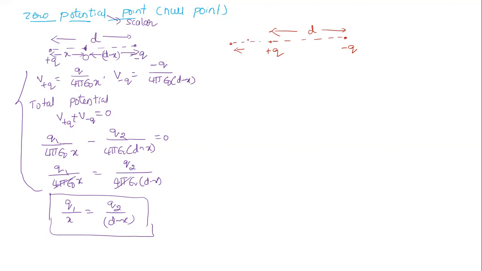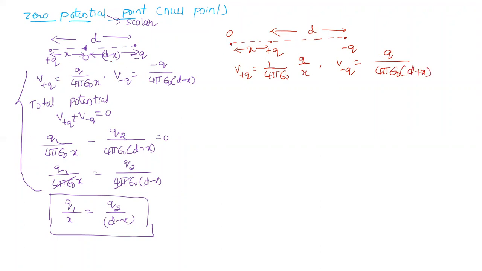Distance from this point to this point, the null point O. X is okay or Y I can take? Let us continue with X only. Yes. Okay, so this is the null point I need to find out. Now, in a similar way, total potential I need to find out. Potential due to plus Q charge at this O is how much? 1 by 4 pi epsilon naught into Q by X. Potential due to minus Q charge, now what? Minus Q divided by 4 pi epsilon naught, distance is what? D plus X, right? Distance is D plus X.